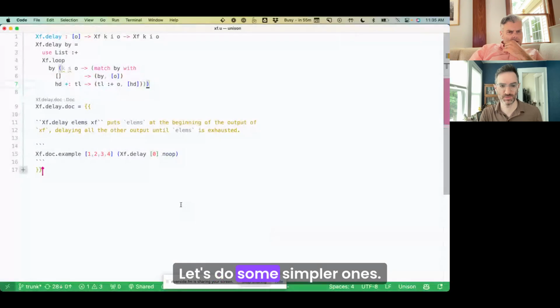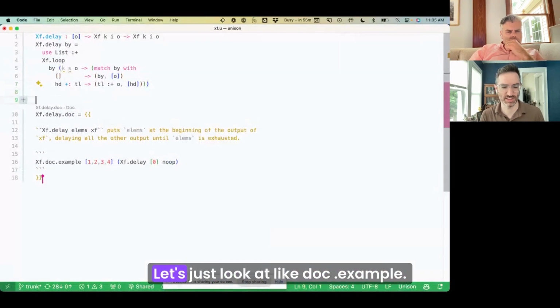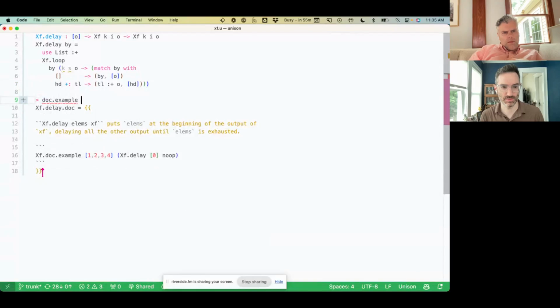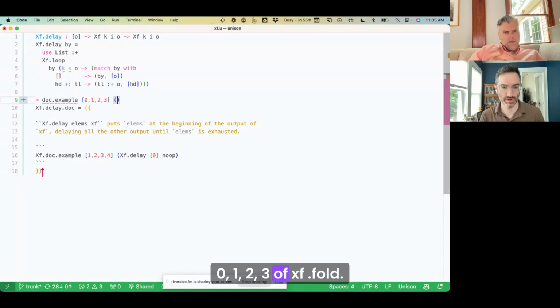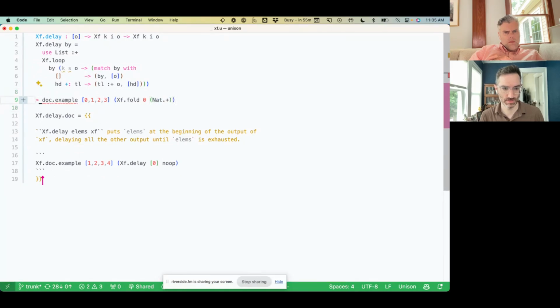Let's do some simpler ones. Let's just look at doc.example of 0, 1, 2, 3 of xf.fold 0 nat.plus. Oh, I see.